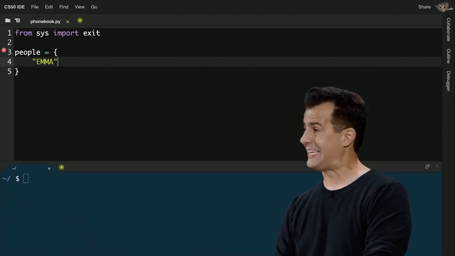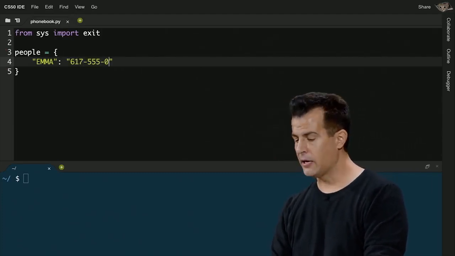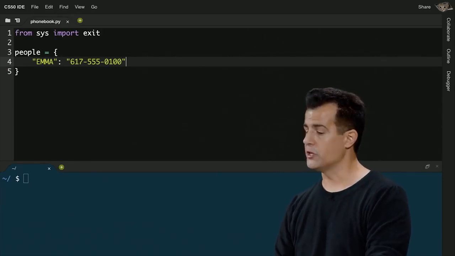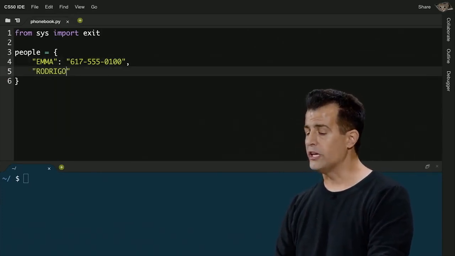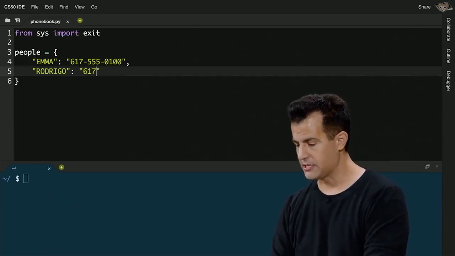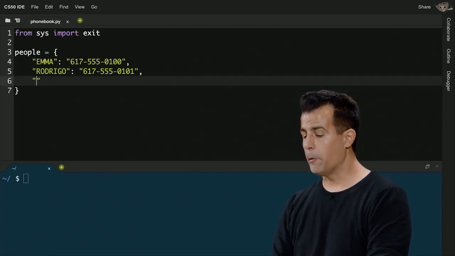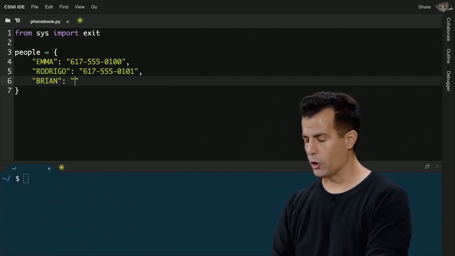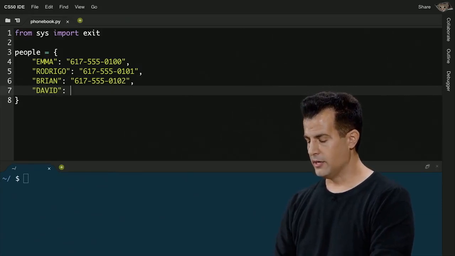I'm going to go ahead and define a key called Emma, and I'm going to give her the same phone number we gave her a while back of this. Notice the colon, notice the double quotes around each value. Let me go ahead and put Rodrigo in the phone book, and his number is going to be 617-555-0101 as before. Let me go ahead and put Brian in there, also separated with a colon, 555-0102, and I'll put myself in there with